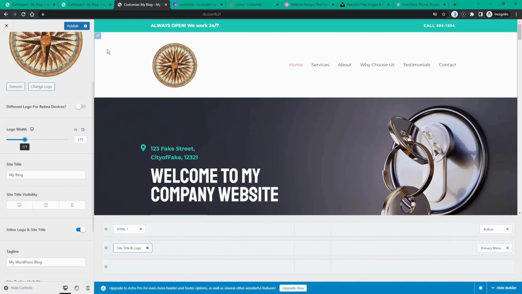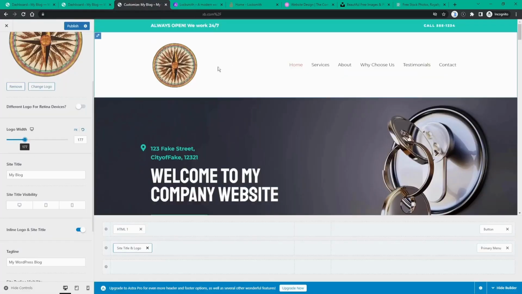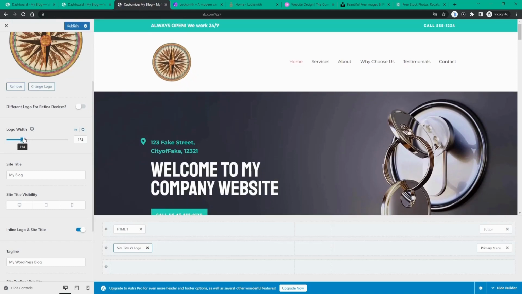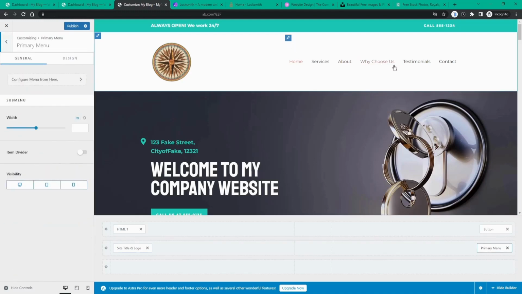And if we open up this tab here, we can see that this is how it looked like before. And this is our new logo over here, maybe slightly smaller. We want to change these colors as well, so we're going to click this element. This is our primary menu. And I'm going to go to design,